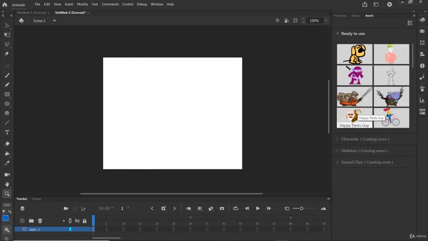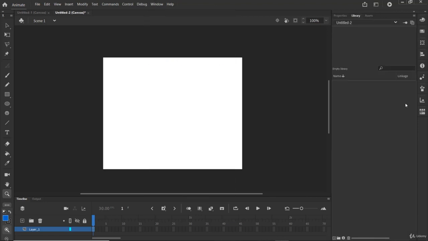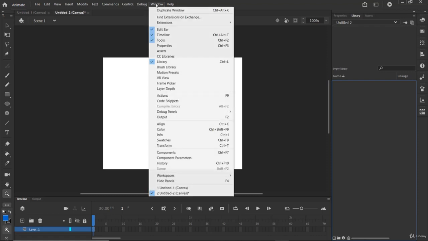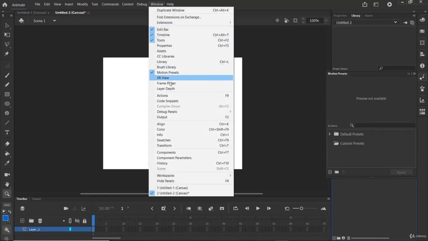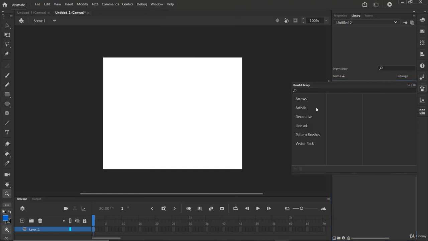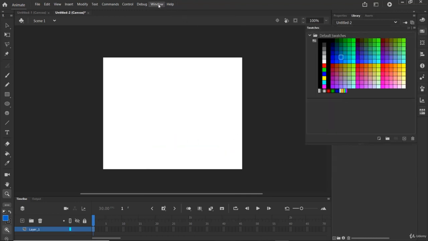You can see you have some assets. If you want to add the Library, this is the library. If you want to add a motion preset, this is it. If you want to add a brush library, you can see you have different brush libraries and swatches like this.